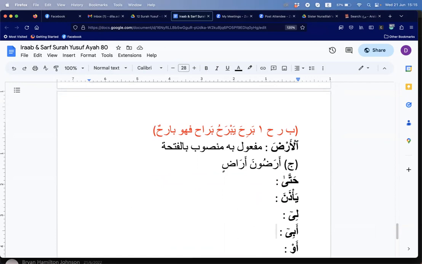Hatta. Hatta is a harf jar and also ghaya. Harf ghaya and al-jar, which means that ya'zana. Ya'zana will be, the jumlah ba'da will be fi mahali jar. Yes, but that will come after. Yes, ya'zana is